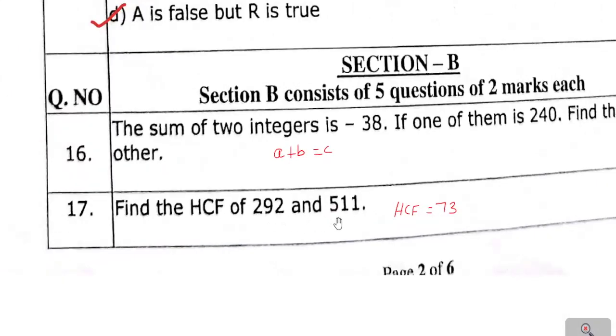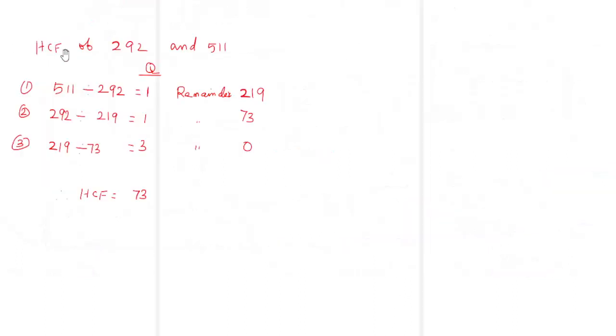So the HCF of 292 and 511 is 73. So I am going to describe how it becomes 73. First we have to find the HCF of 292 and 511. First you have to take the bigger number and divide by the smaller number. So in the first step, when I divide 511 by 292, I get the quotient as 1. The remainder is 219. So I am going to write the division. So 511 divided by 292. So one quotient 292. So the remainder is